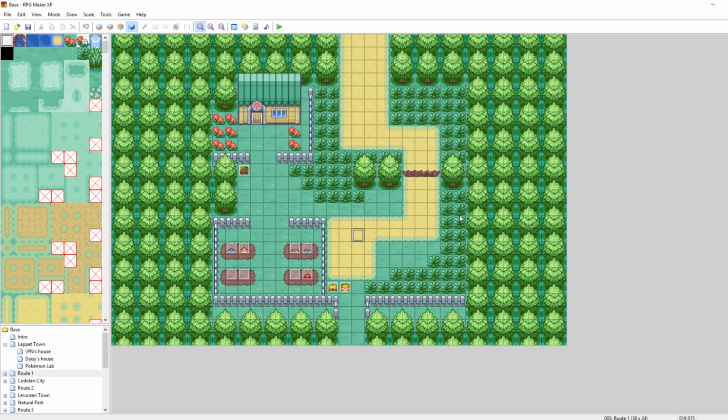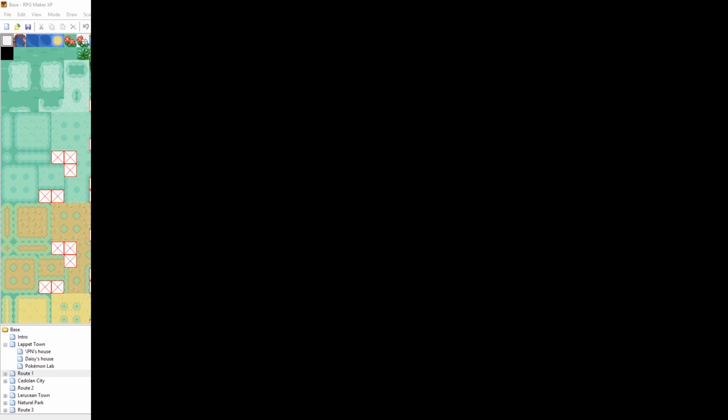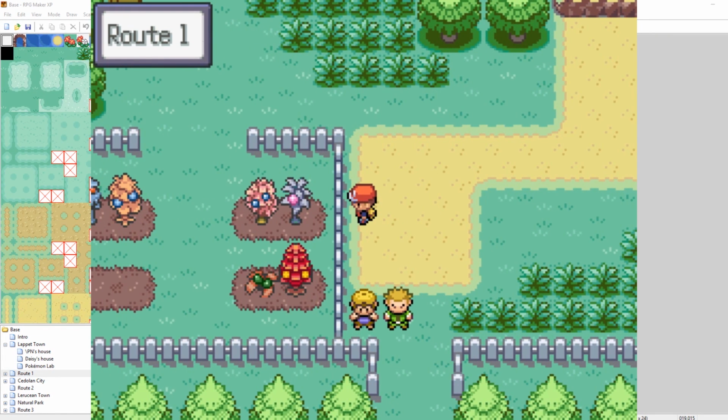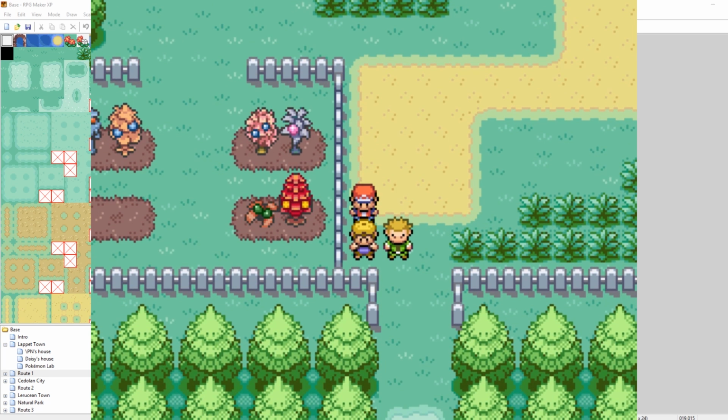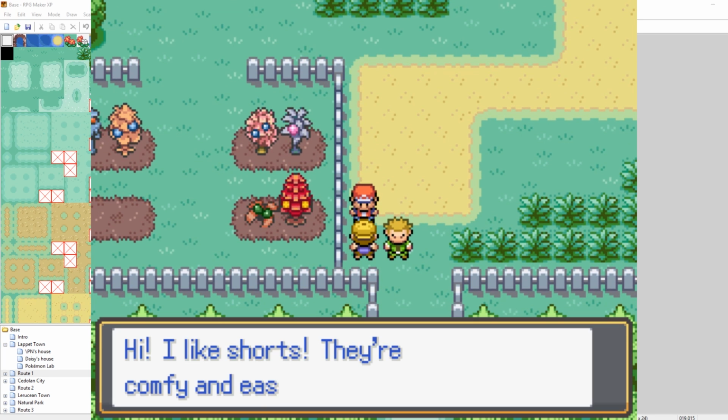So, you only need 2 images to get a really cool rival battle or gym leader battle intro, and I'll show you an example of it right now. Although this guy might look like a youngster, he's actually Gary, or Blue, as a battle. So when we go and battle him,